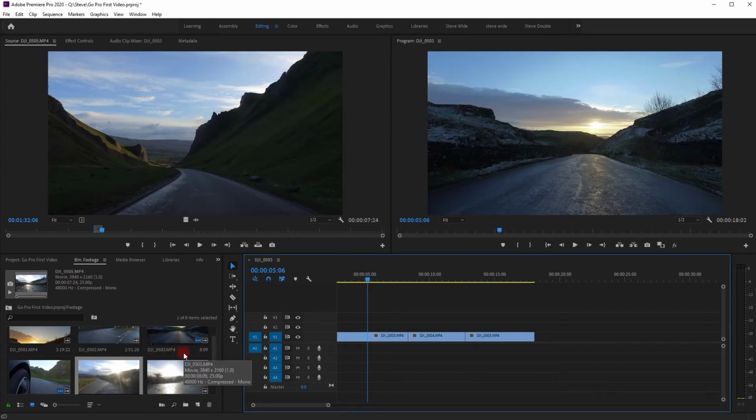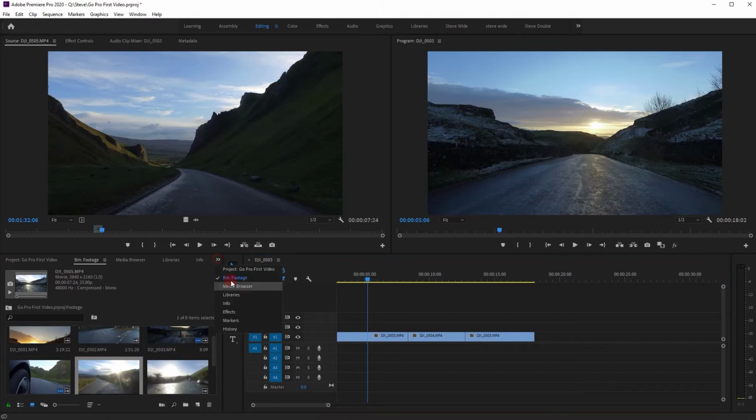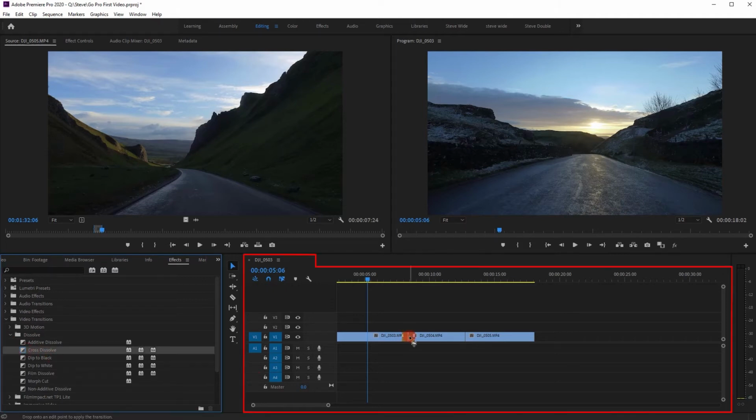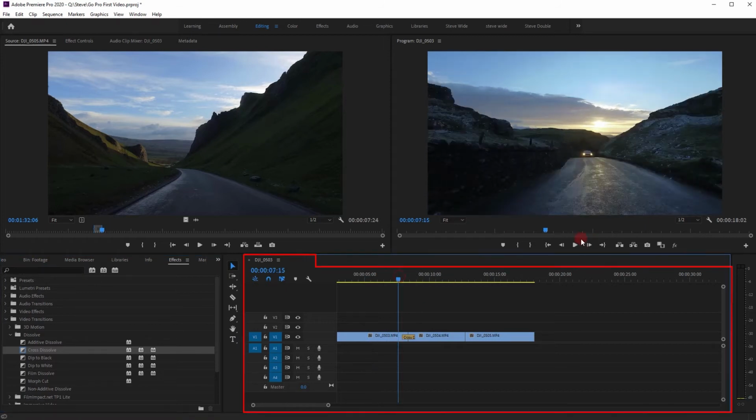Now that we've got those there, let's talk about transitions. So they're all held in your effects. And you've got video transitions here, dissolve, and this is super easy. So if you grab the dissolve and put it on the join, what will happen is you'll have, instead of a cut,